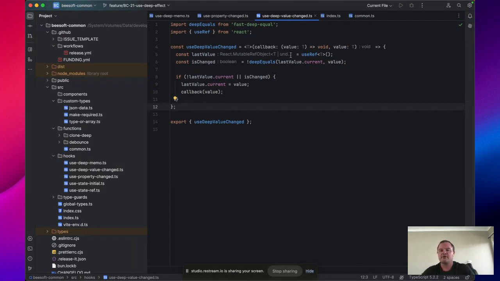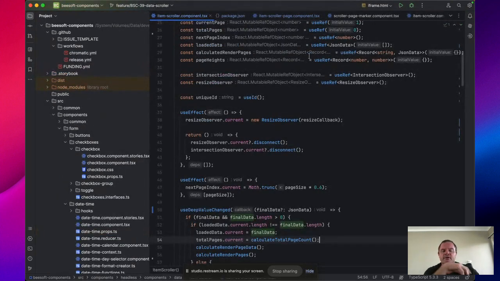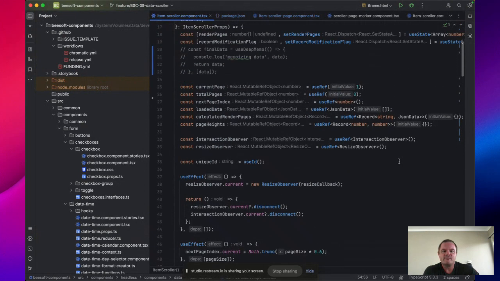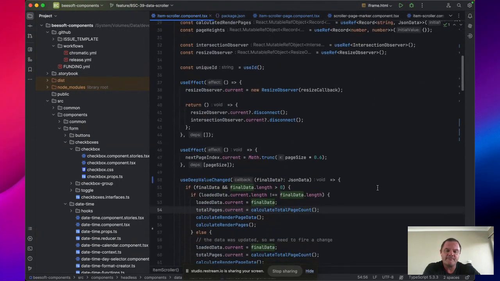Okay, so where I left off with this is the item scroller. Where I left off last time, which was the weekend, Sunday, I realized that doing the whole useDeepMemo final data thing, I honestly don't know how this ever worked. It worked fine for loading data, but the problem we're having is when we actually try to